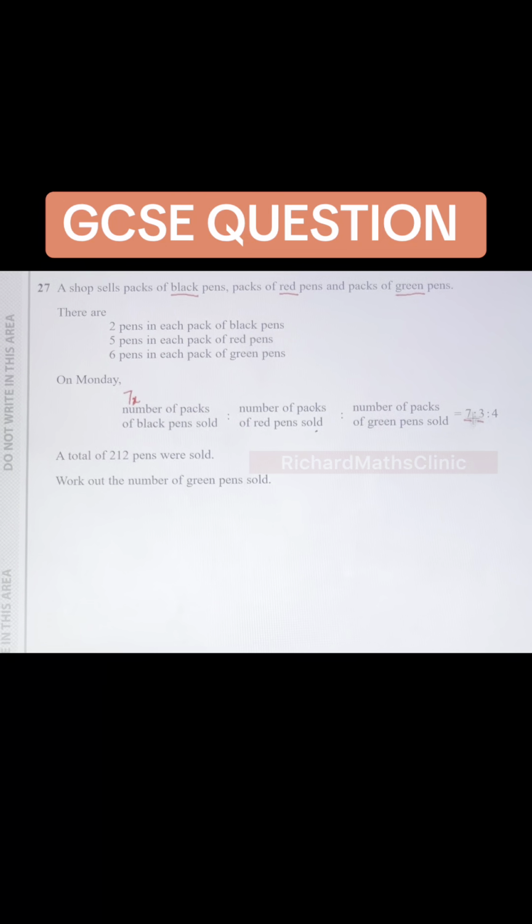The first one is black pen, that is 7x. Next is red pen, which is 3x. And last we have green pen, which is 4x. So next thing I'm going to do is to form an expression to get the total number of pens